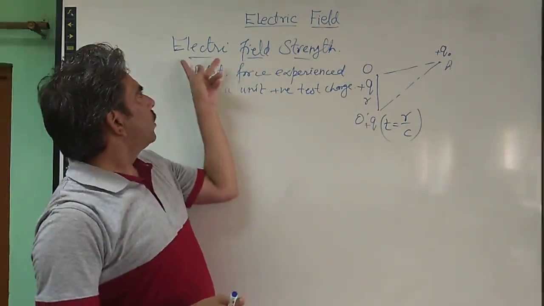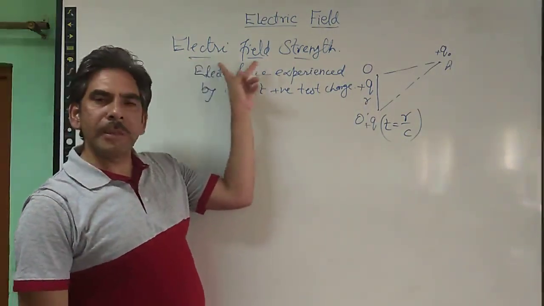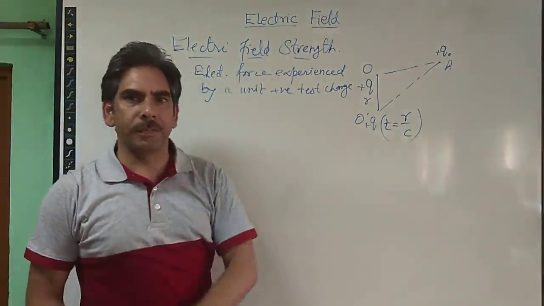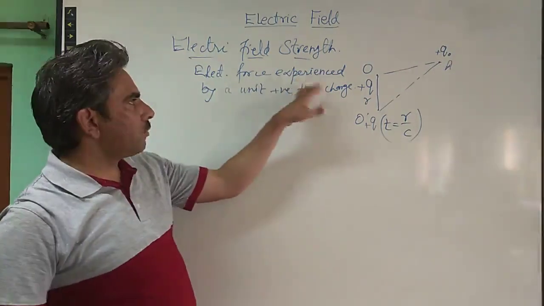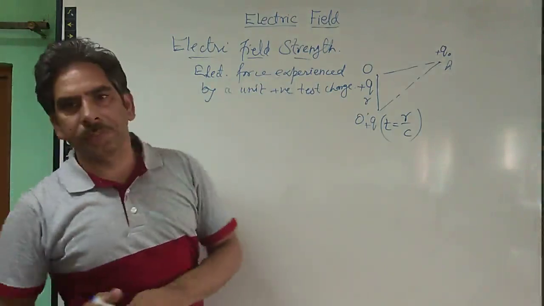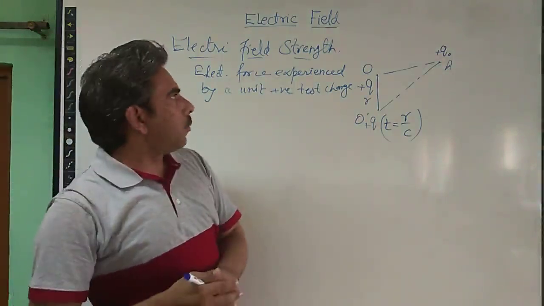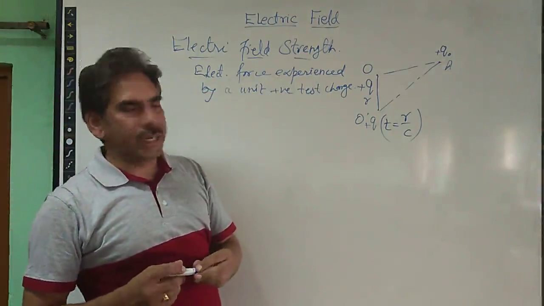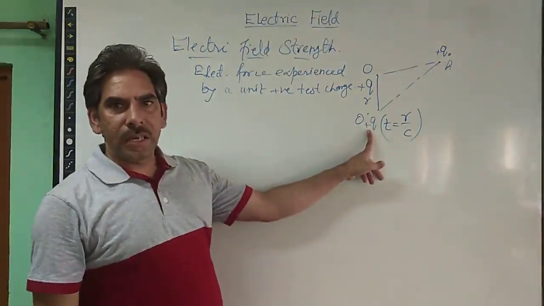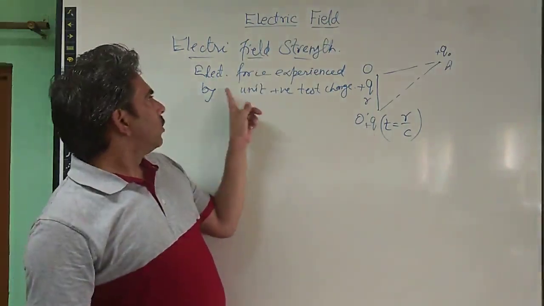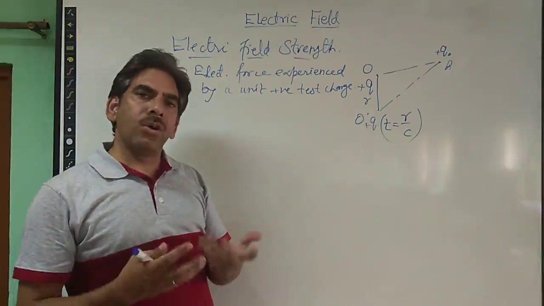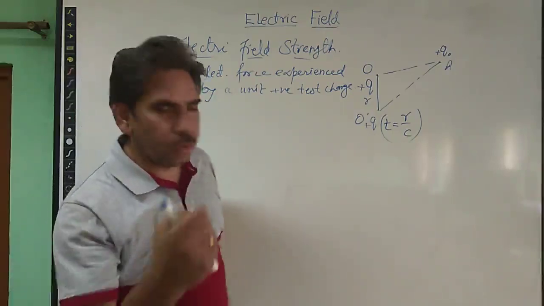From now on we don't take the whole name electric field strength or electric field intensity, but we simply call it the electric field, which we understand is the electrostatic force experienced by a unit positive test charge. So why are we defining it? Because if we are willing to understand how much influence this source charge has at a distance, then we need to know the electrostatic force. This we can also already know with the help of Coulomb's law.